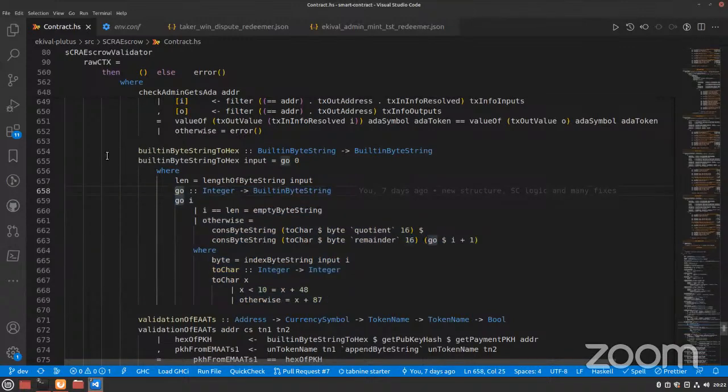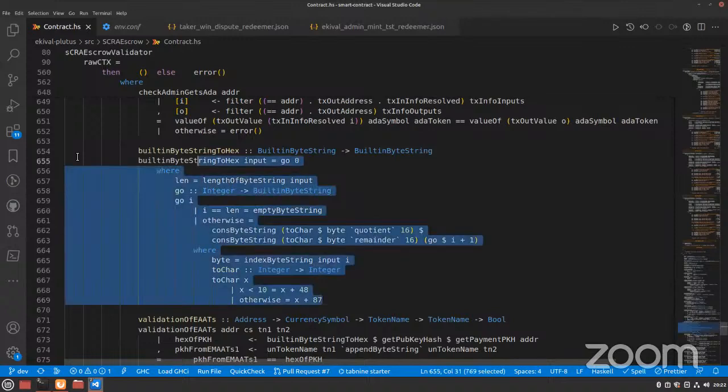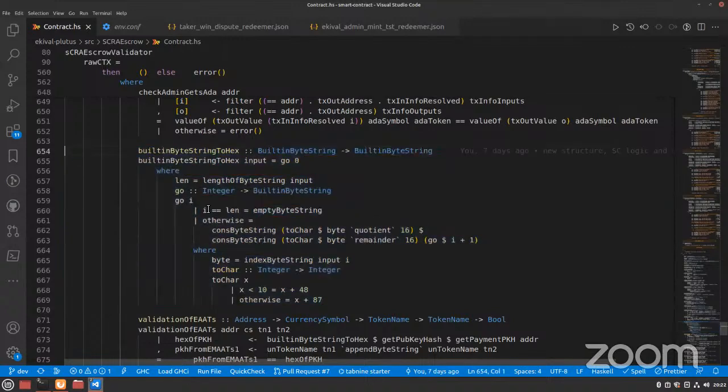I actually copied this from someone else's code, but I changed it to the Plutus way, like empty byte string and index byte string. There are built-in Haskell functions, but we cannot use them here. All of these are built-in Plutus TX functions, so we can use them